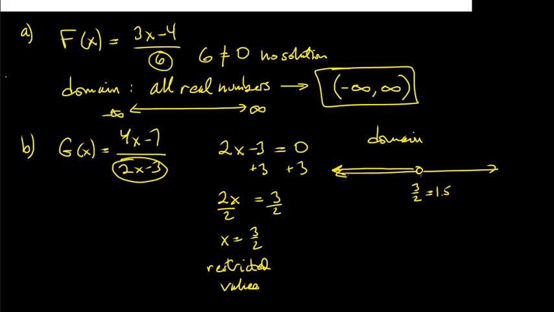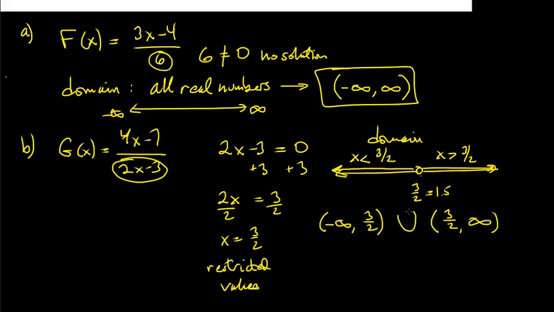All the numbers less than that number, or all the numbers bigger than 3 over 2, right? So this is x is less than 3 over 2. This is x is greater than 3 over 2. But in interval notation, you're going from negative infinity to 3 over 2. Or we're going from 3 over 2 to positive infinity, and just join them together with a union symbol. Take the union. And that's the answer for part B. Right? For part C,